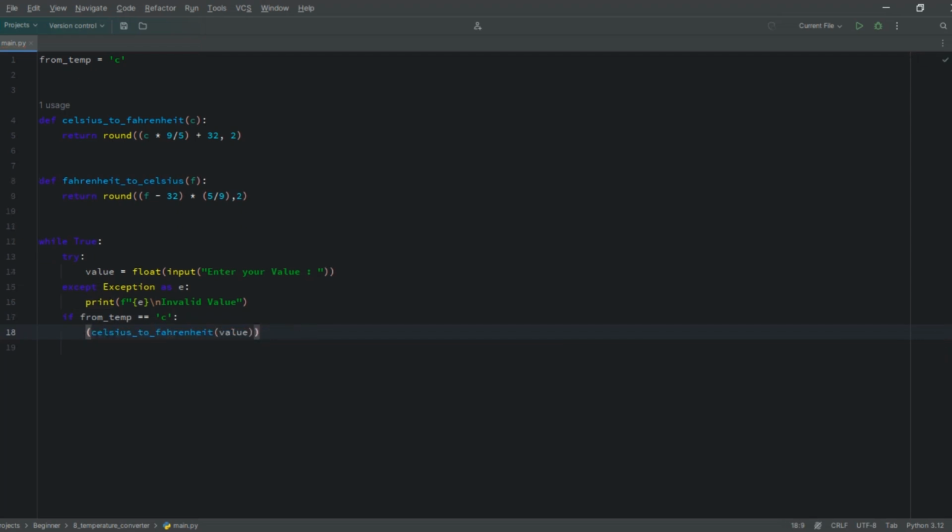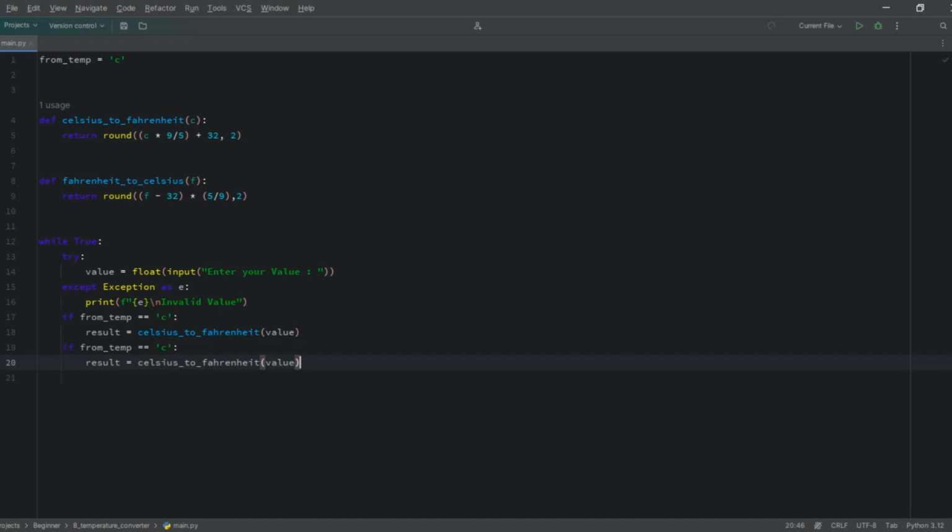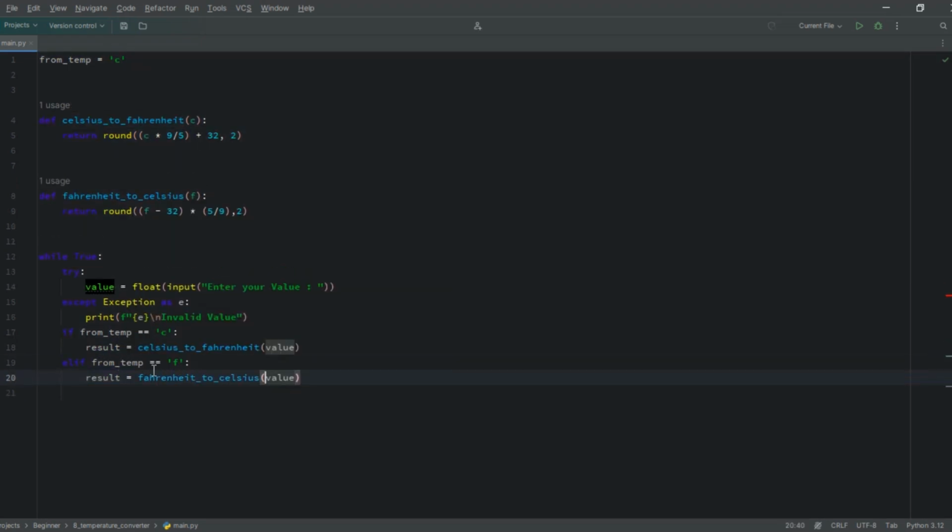And we're just going to store it into a results variable. Now I'm going to copy this and paste it. And else if from temp is equal to F, we're going to use the Fahrenheit formula, which is this. And then else, if the user did not input a correct value, we're going to tell the user